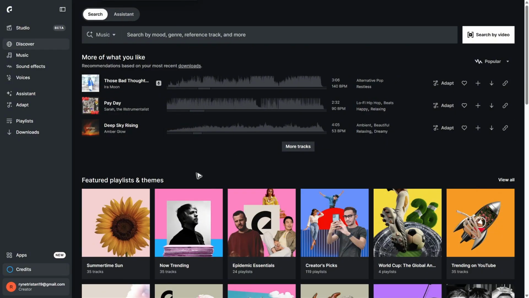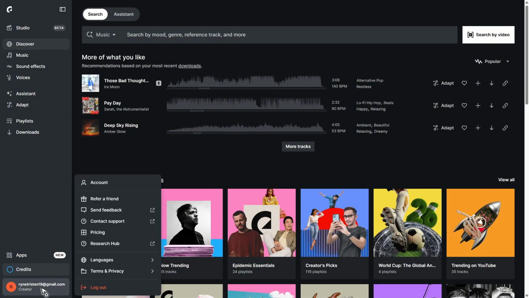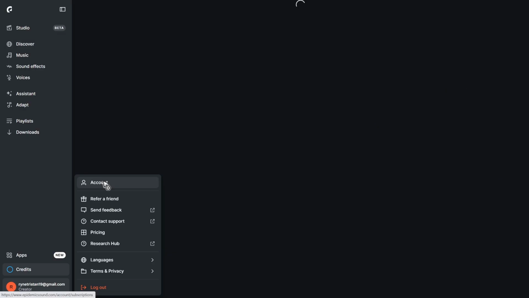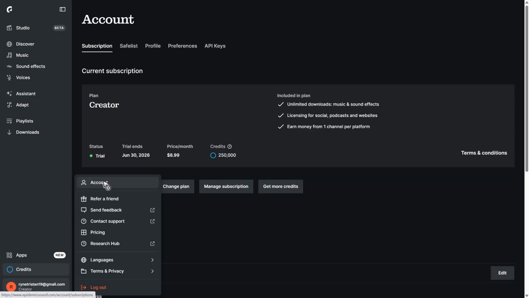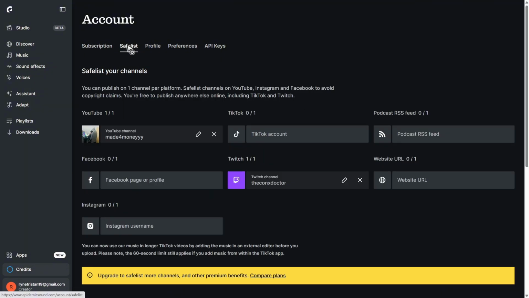Alright, so first up, go over to your profile at the bottom left. Click on it and click on Account. Wait for it to load. Once it loads, go to the top and click on Save List. Wait a bit, and once done, you'll be able to see YouTube, TikTok, podcast, RSS feed, Facebook, Twitch, Instagram, or